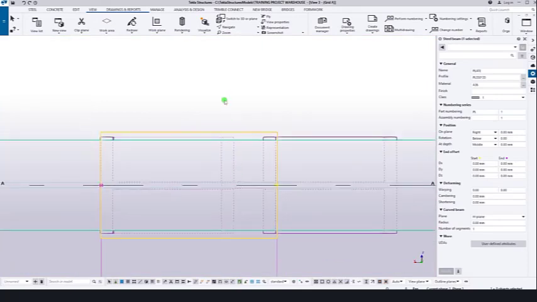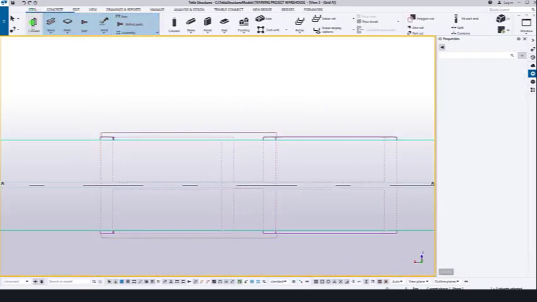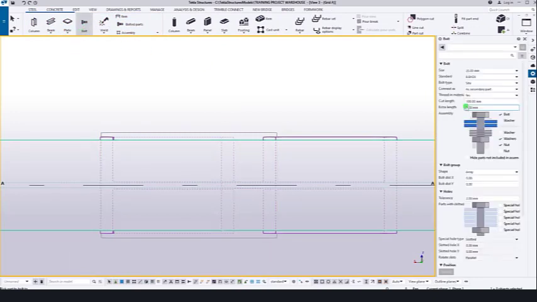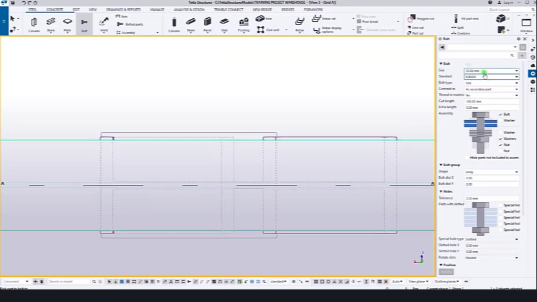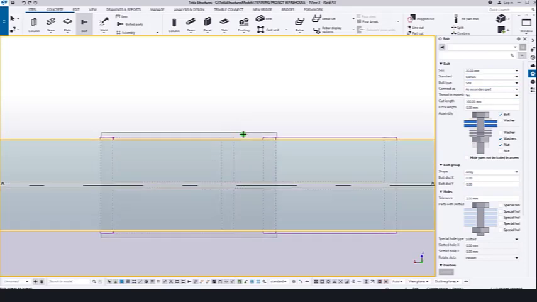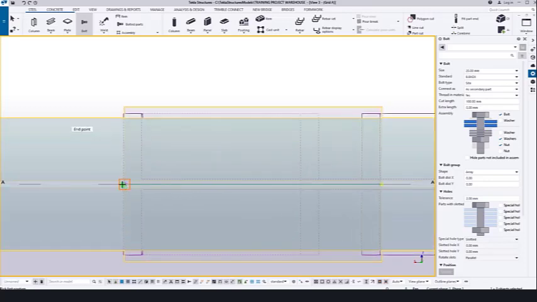Now we need to create bolt. For that go to the steel, select here bolt, then go to here, make it standard M20, everything keep as it is. Now click the first part, click the next part, press the mouse center button. Now I just click any location. Now I just place it like this,